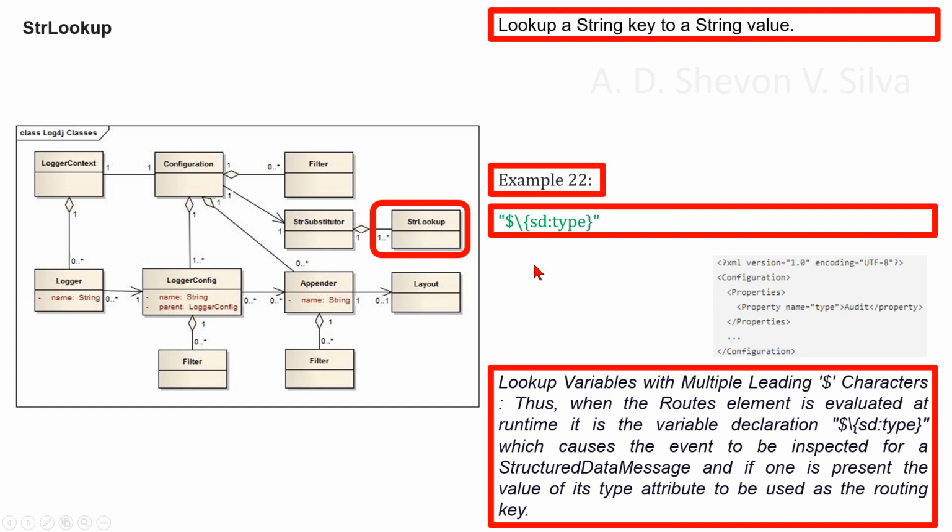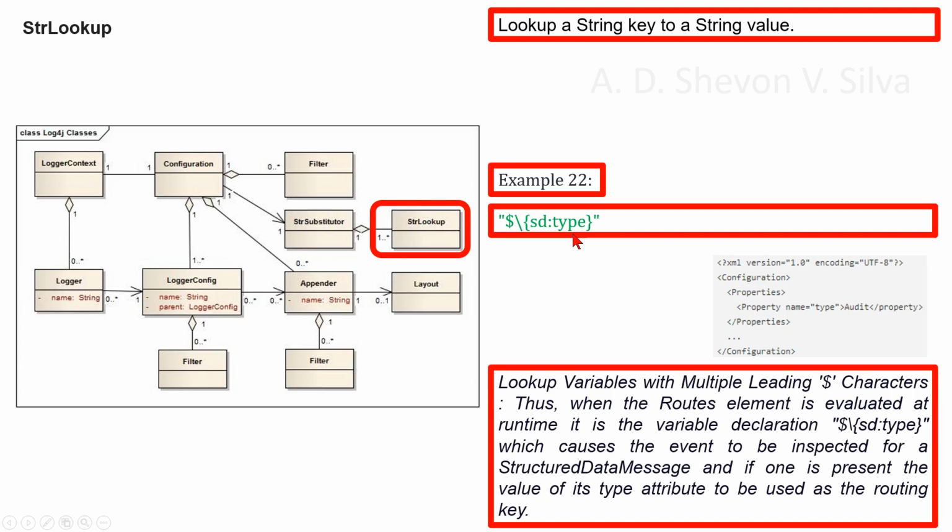In the previous example, the root element is capable of resolving the variable at runtime. To allow this, the prefix value is specified as a variable with two leading $ sign characters. When the configuration file is first processed, the first $ sign character is simply removed. Thus, when the root element is evaluated at runtime, it is the variable declaration, like here, which causes the